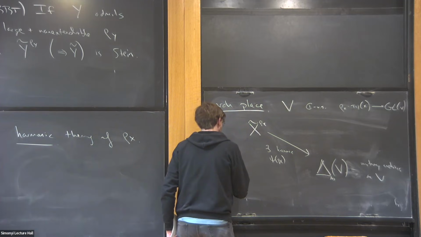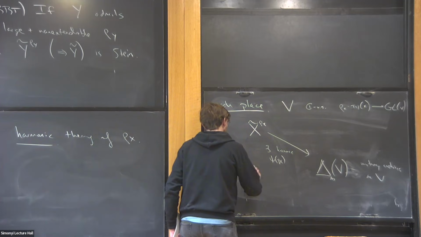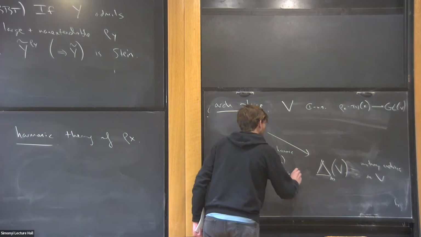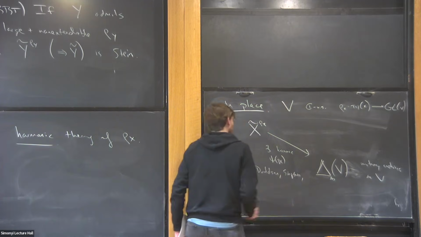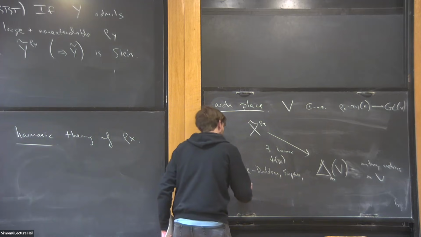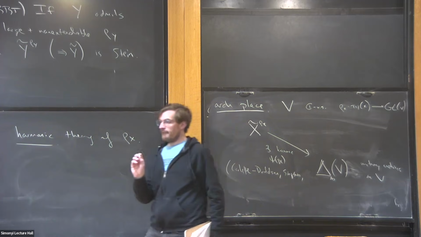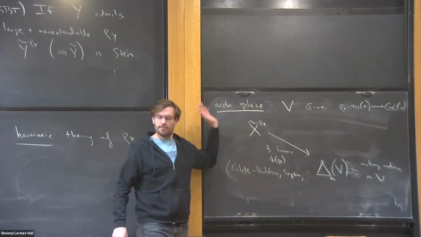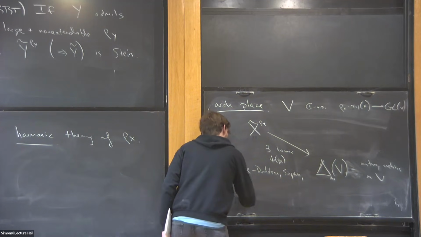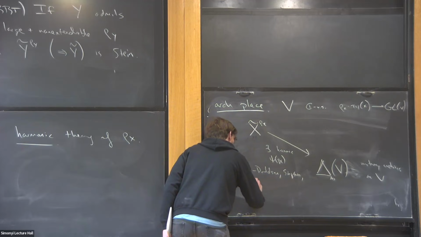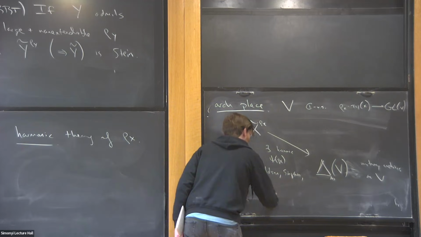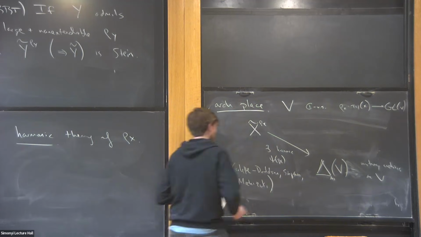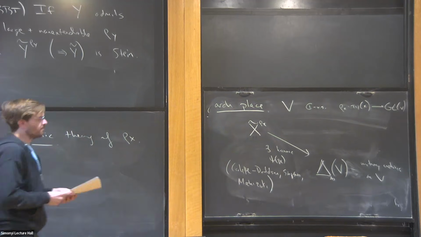And this is due to the work of many people: Corlette and Donaldson in the compact case, and Simpson in the non-compact case for curves. Do you reduce to X being non-singular? Yeah, you basically immediately reduce to that by taking a resolution. That's right. And in the higher dimensional non-compact case, by Mochizuki more recently. I'm sure there are many other names to put, but let me at least put those.